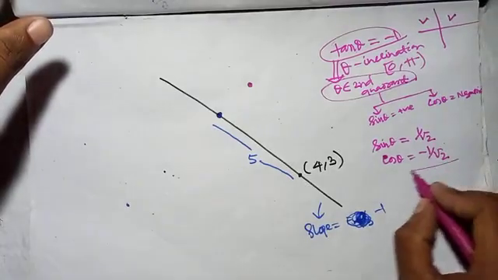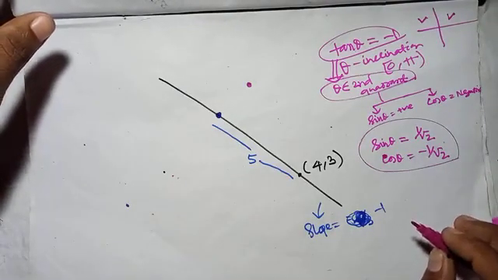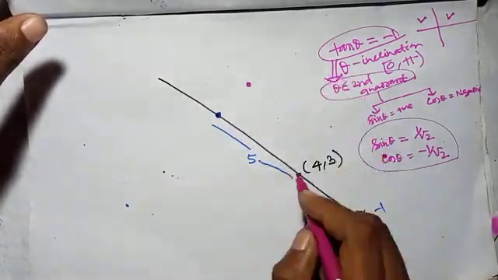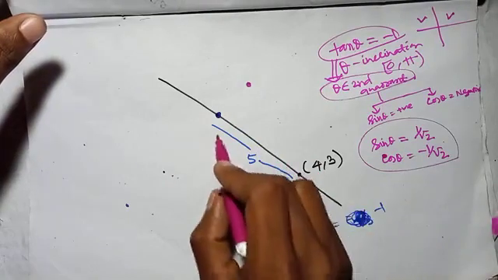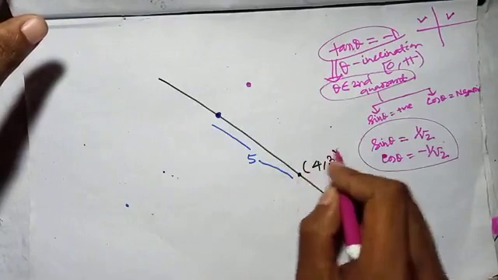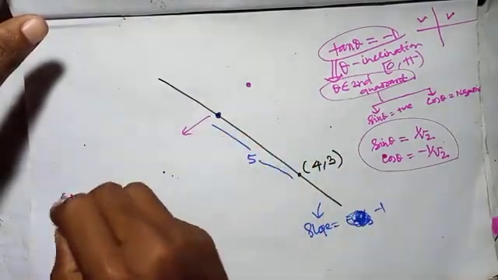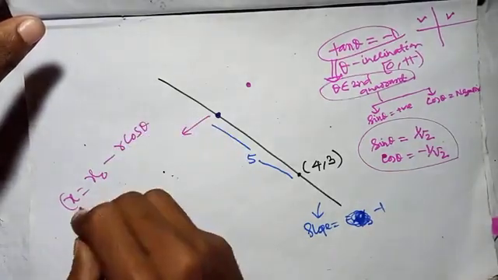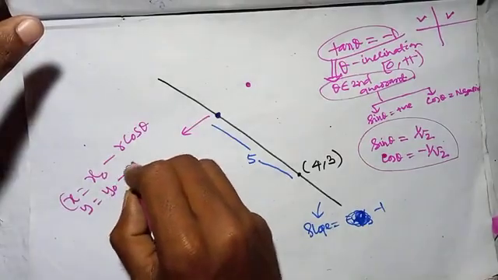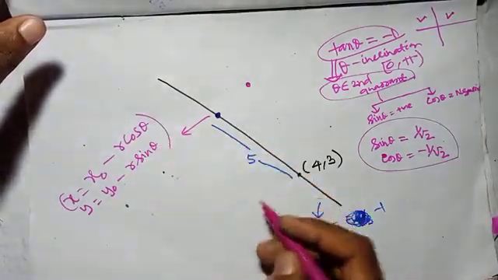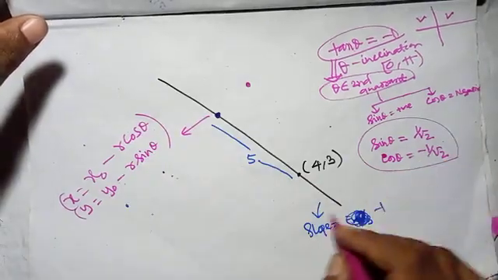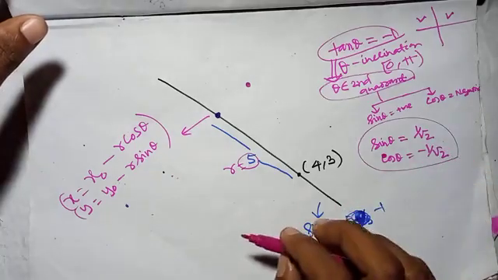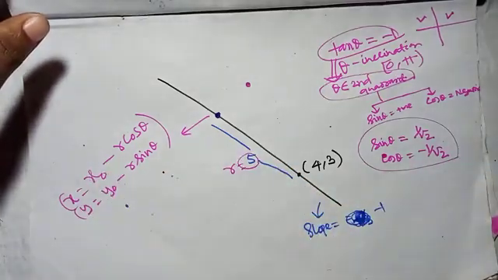Now we have already calculated the value of sin theta and cos theta. Now you have to check whether this point is left to this given point or right to this given point. As you can see, this point is left to this particular point. So its x coordinate will be x naught minus r cos theta, and y coordinate will be y naught minus r sin theta. By putting the value of r, which is 5, and the values of sin theta and cos theta, you can find out the coordinate of this particular point.